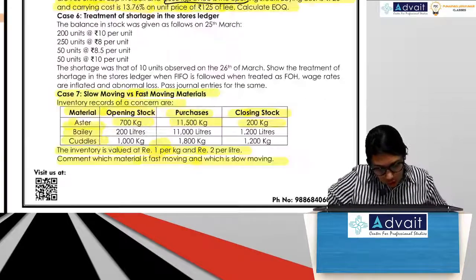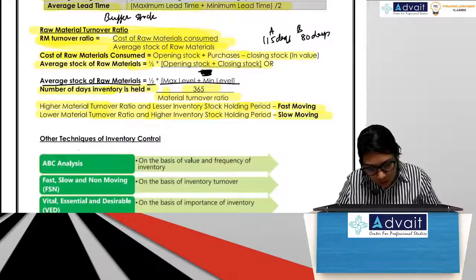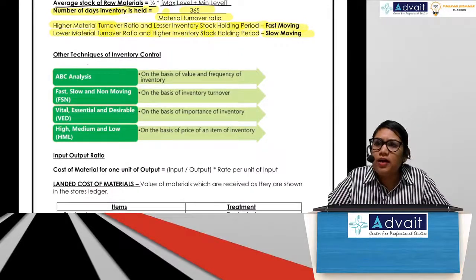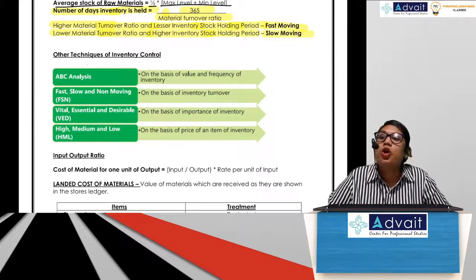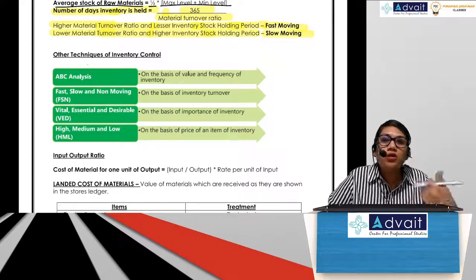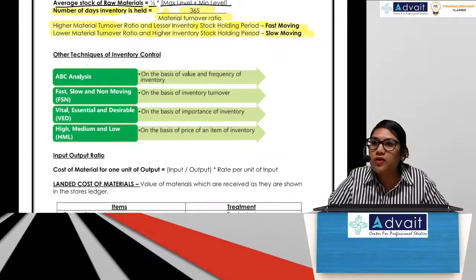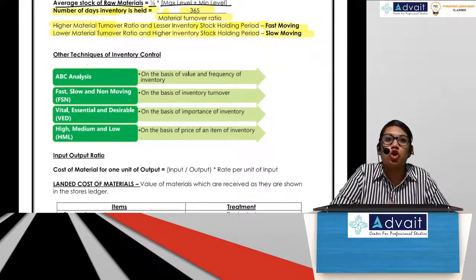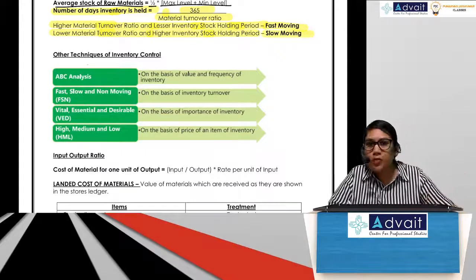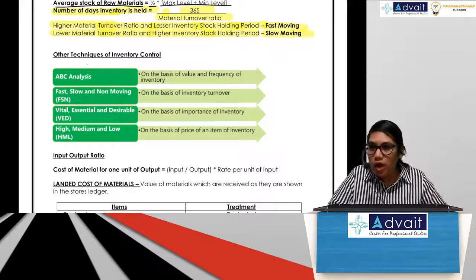Okay, so let's move on to the concepts. There are other methods of inventory control. Apart from whatever we've studied, we also have ABC and we have JIT. That is more important from the theoretical point of view. They may give you a theory question like write short notes on ABC or JIT. I've given that as part of the question bank, so you can run through it whenever you are studying.